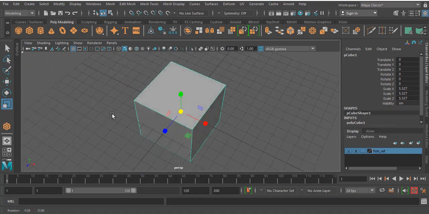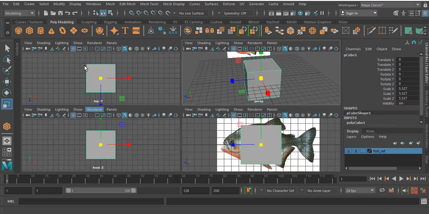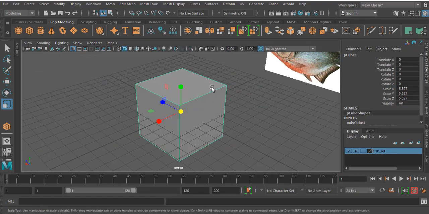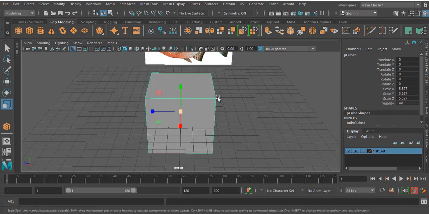So don't go for the perspective for your modeling purpose, just choose these. Once you get experience, or become an expert in this, you can choose the perspective for modeling. Otherwise you cannot expect your model to be in the same proportion, so there will be some mistakes that may come in your model.